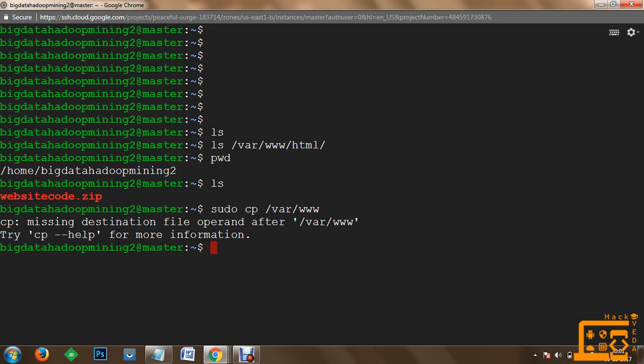And within this directory, you have to copy this information. So use sudo cp, and you have to copy the file, and the name of the file is website code. This has to be copied to the /var/www directory. So the information will be copied. Now we'll go to var